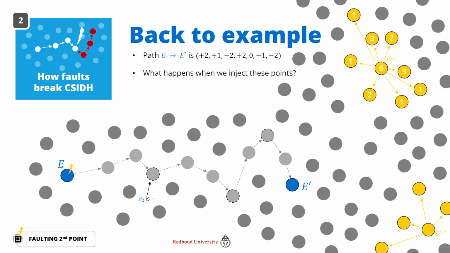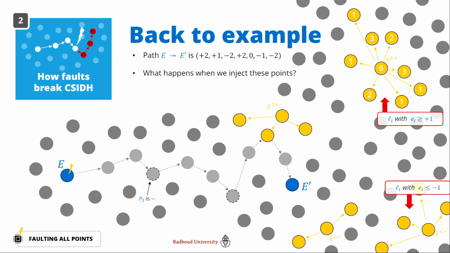We do this a couple of times and we get a graph, and also there we would find these LIs appearing that give us information on which coefficients are smaller than or equal to -1. Let's say we've done this for all of these points. For each point we do a computation, and in the computation we inject one fault into, let's say, the third point. That was the second negative point, we would end up over there. And if we would inject the second positive point, you end up over there.